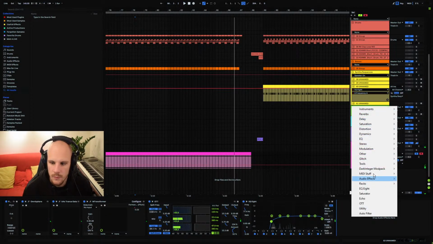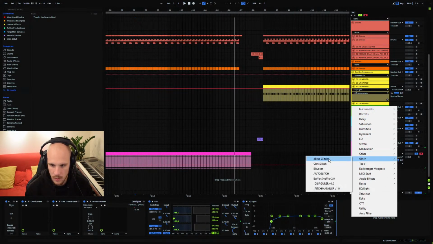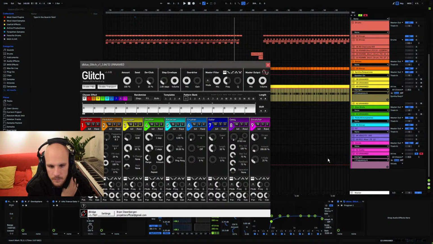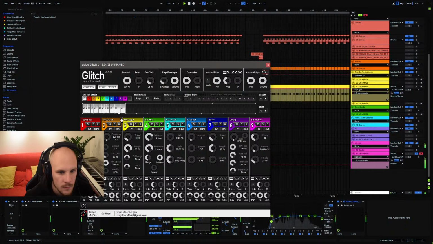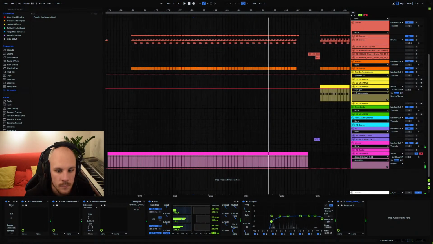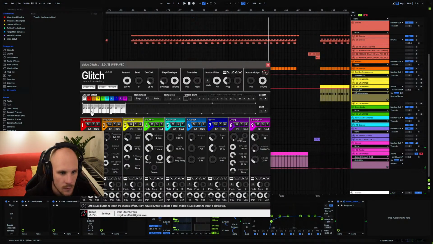What might be cool to do is to replicate this rhythm in Deep Blue Glitch as well. So since this is just like a one bar rhythm, we'll replicate it in here. Like that, or we could